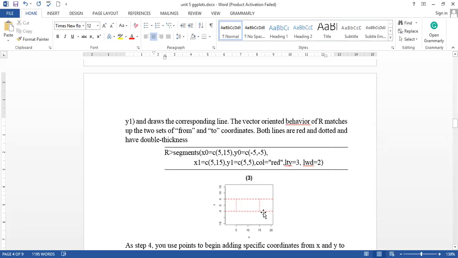These are the two initial points of the segments, and these are the final points of the segments. The final points are defined with x1, which is 5 comma 15, and y1, which is 5 comma 5. If we take these two locations, the value of x is 5 here and the value of y is 5, the value of x is 15 here and the value of y is 5. So these are basically the segments here.